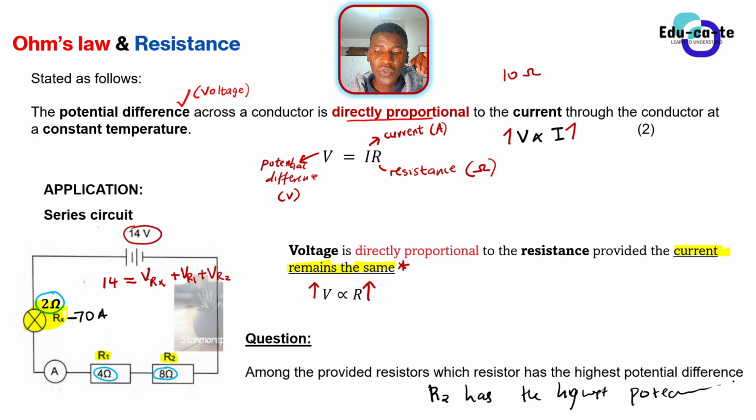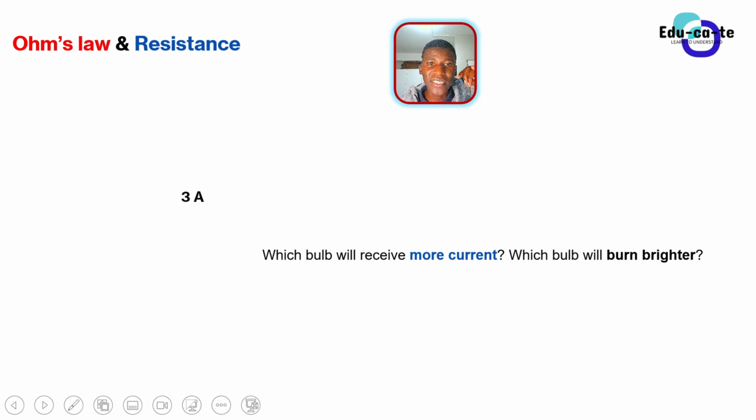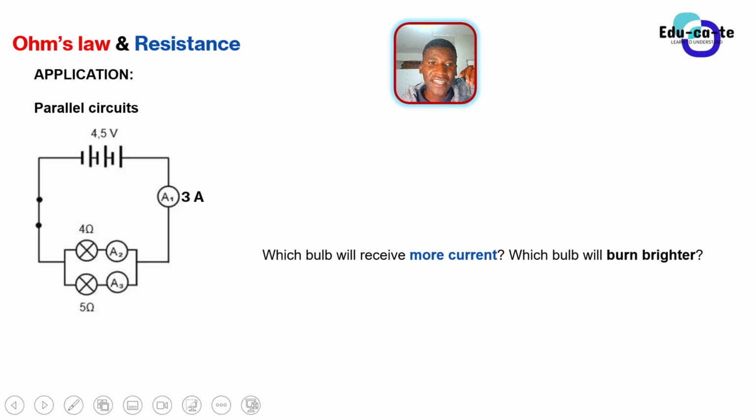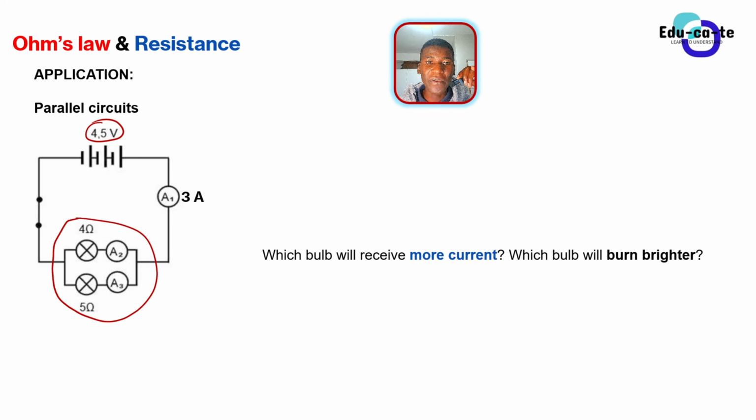So now we can try to shift this and put it in a parallel circuit. When we are given a parallel circuit here, this is a parallel circuit that is given a voltage of 4.5 volts. You can see that here you only have got a parallel circuit. There is no combination here. You have just 2 components, and these 2 components are connected in parallel to one another. Here you can see that these are light bulbs, but they have a resistance.